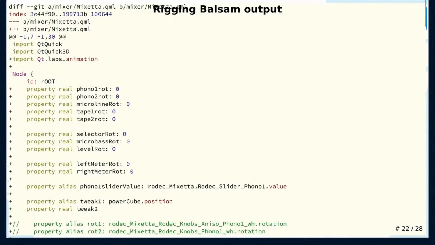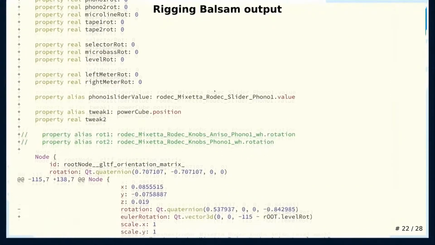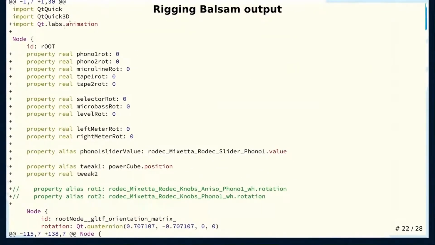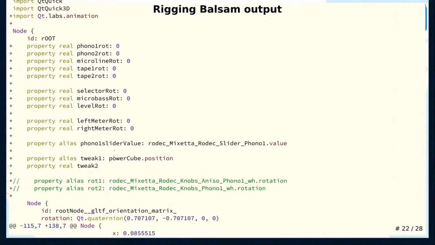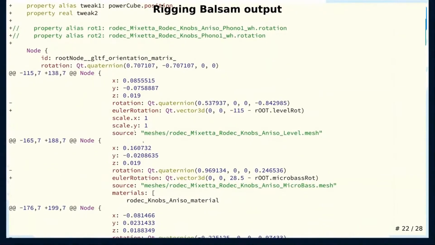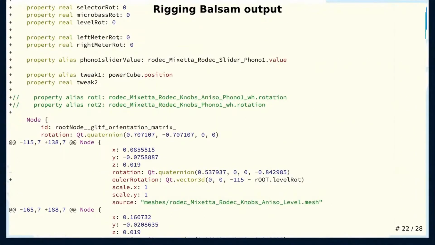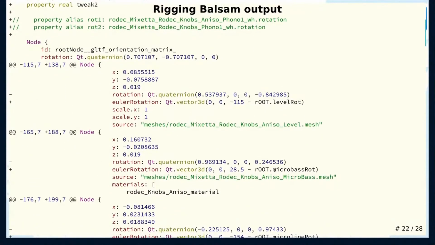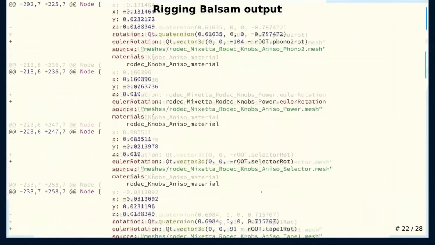Here's a diff before I actually simplified the root nodes, so I still have all this nesting going on. I just started adding properties. I want to keep track of how far each of these knobs have rotated, and then I started converting the rotations, like I mentioned, with that widget application that I wrote, from quaternions to Euler rotations. Okay, so I have this property to keep track of, for example, how far this micro-bass knob has been rotated, and so I have to actually make the rotation happen here, and then there's also a handler down in here somewhere